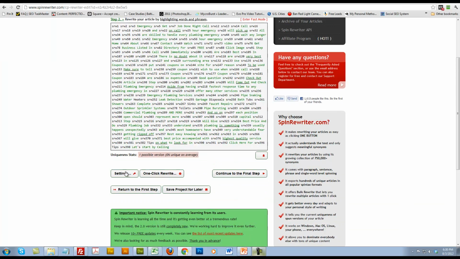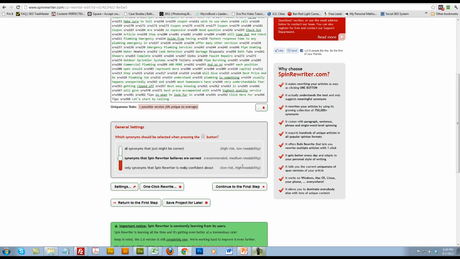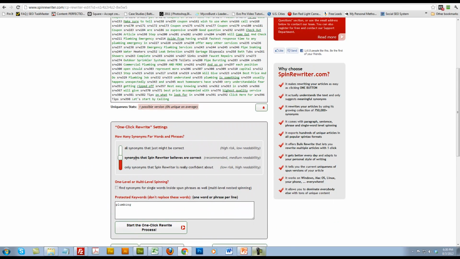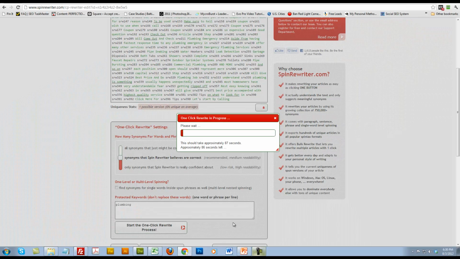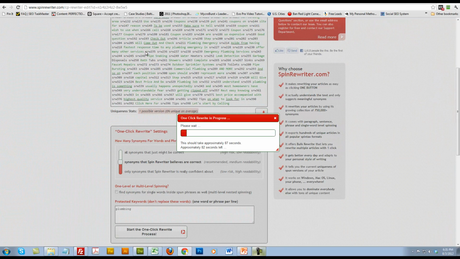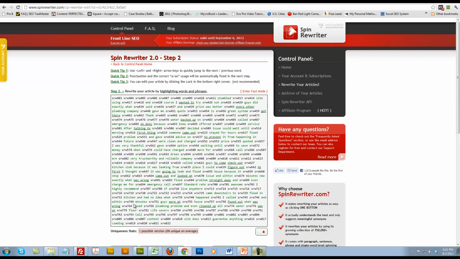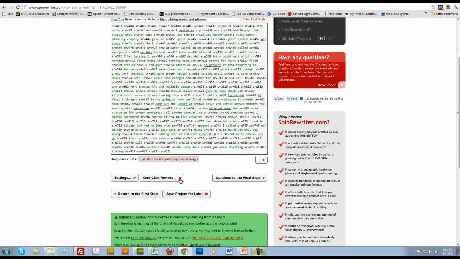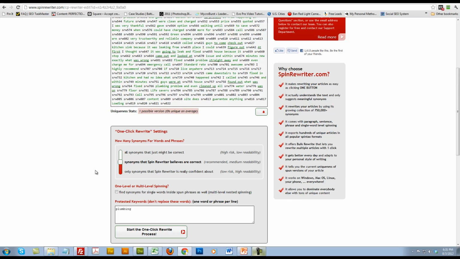We go and come down to settings. Recommended, one-click rewrite. Recommended again, and my protected keyword, and click the one-click rewrite process button. Now this takes about 90 seconds, so in a minute and a half that'll be done. And I'll do the same thing over here. I'll click the one-click rewrite,